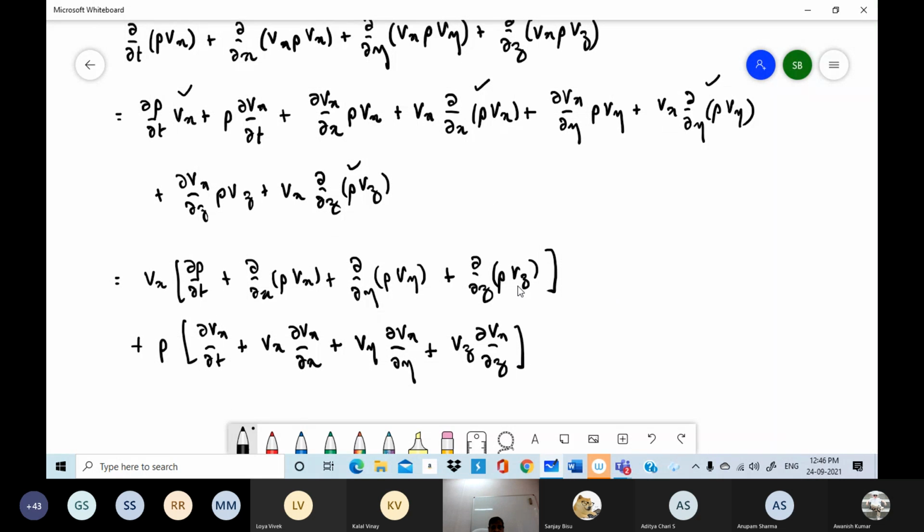Now for conservation of mass, I know that the entire expression which is there in the first square bracket has to be 0, regardless of whether it is compressible or incompressible. We know that if mass has to be conserved, this has to be 0. So therefore,